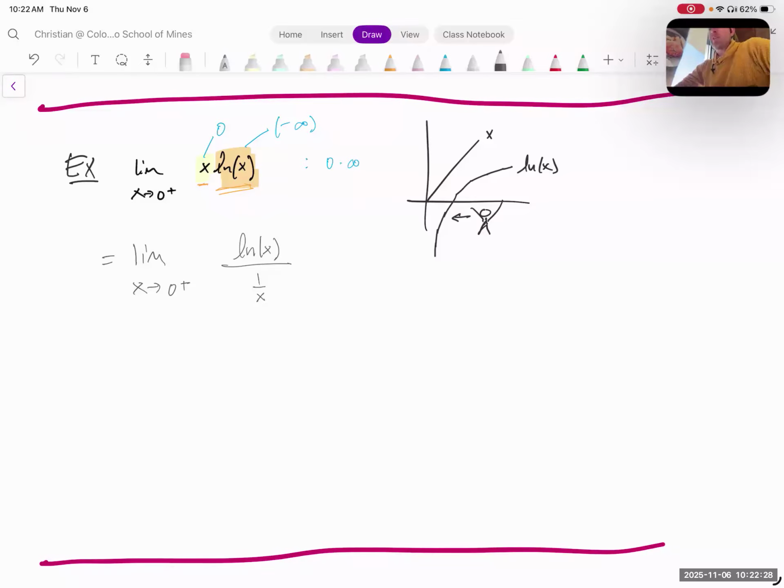Now, if you look at the indeterminate form, natural log of x still goes to negative infinity. So we have an infinite numerator, denominator. This x is going to 0. And that tells us 1 over something small goes to something big. Here with infinite over infinite, and we have a fraction. Numerator is natural log of x, denominator 1 over x. You could use L'Hopital's rule. So let's say equals, going to use the rule. So put a symbol saying you're using the rule. Then